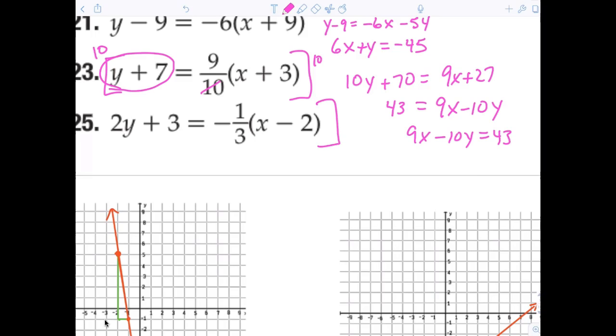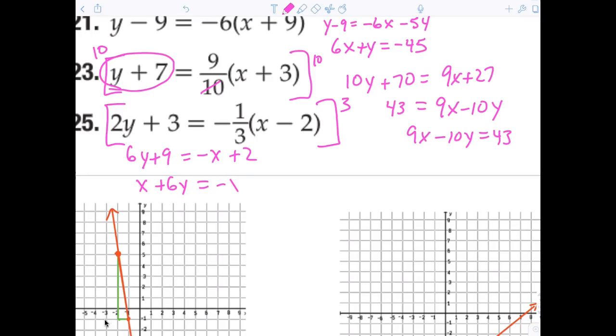Okay. So, since there's a fraction, you have to take away the fraction. So you multiply both sides by 3. Beautiful. So then it's 6y plus 9 equals negative 1x plus 2. Then, since the x is negative, you move that to the left, and then you move the 9 over to the right. Perfect. So it's 1x plus 6y